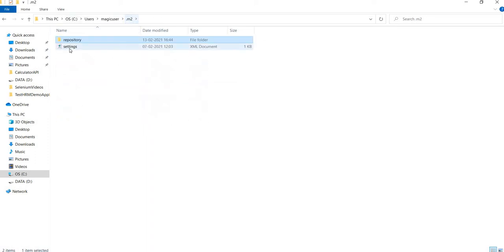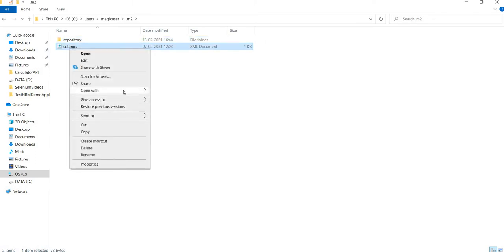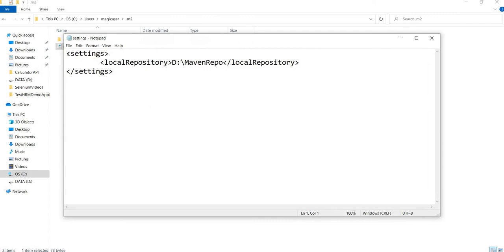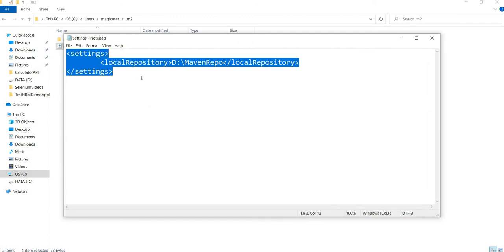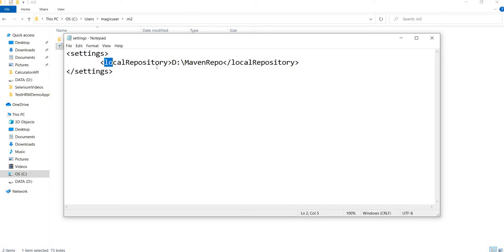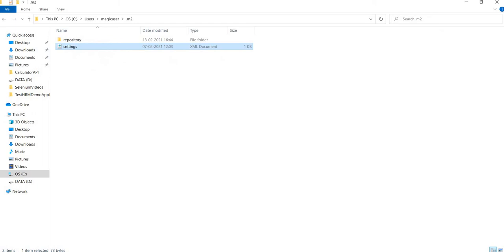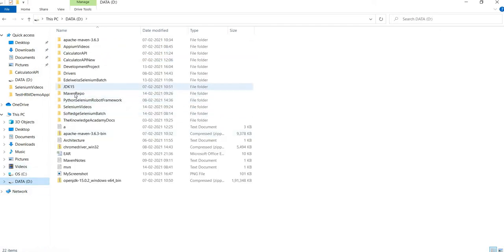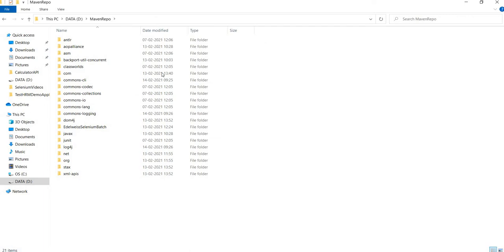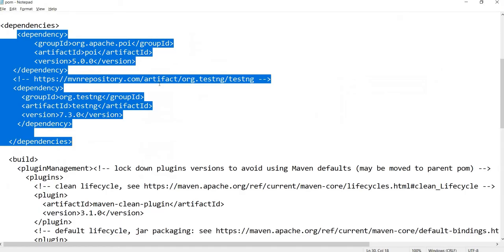Now you can change the location of it, which we have already discussed, by specifying the settings XML file. In that settings XML, you can define the other location. If you want the repository to be created at another location, you can mention it in the settings XML. In this local repository tag, you can mention the location where you want to create the local repository, and then Maven will download everything over there. So I have my local repository here, Maven repo. This is the folder which I have mentioned as my local repository, because I didn't want to clutter my C drive with these downloads, right? So Maven does this first.